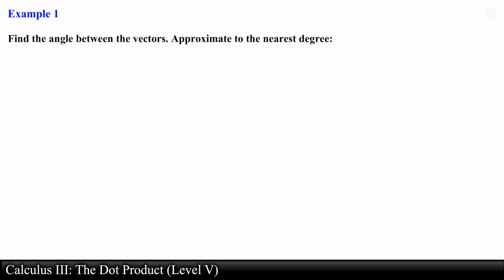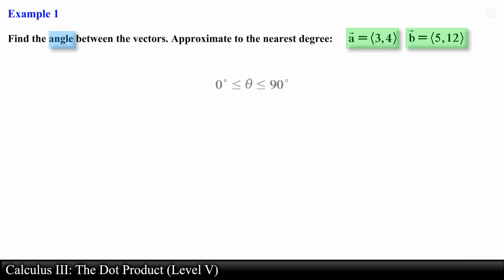Find the angle between the vectors. Approximate to the nearest degree. Here we have two planar vectors, and we are asked to find the angle between these two vectors. Keep in mind that the angle between the vectors will always be an angle between 0 degrees and 90 degrees, an acute angle. We usually do not bother finding an obtuse angle,